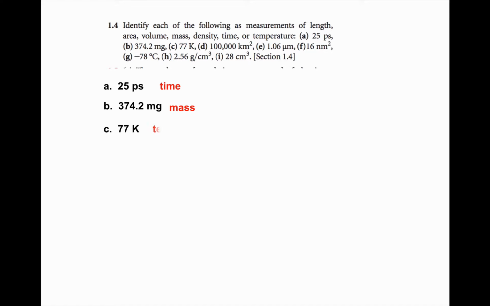C, 77K. K is for Kelvin. Kelvin is the base unit for temperature. So there's the Kelvin scale and the Celsius scale. We'll talk about that in a minute. So it depends where you start. D,